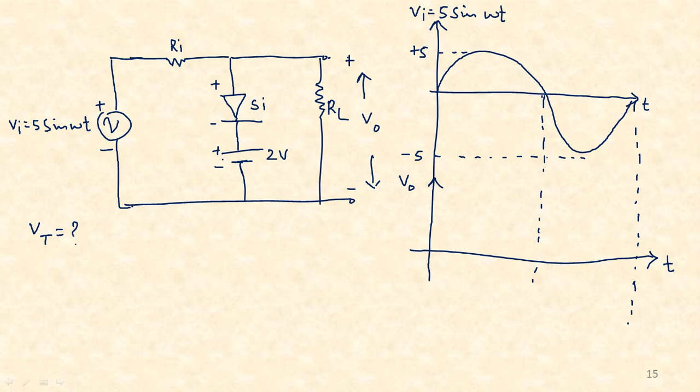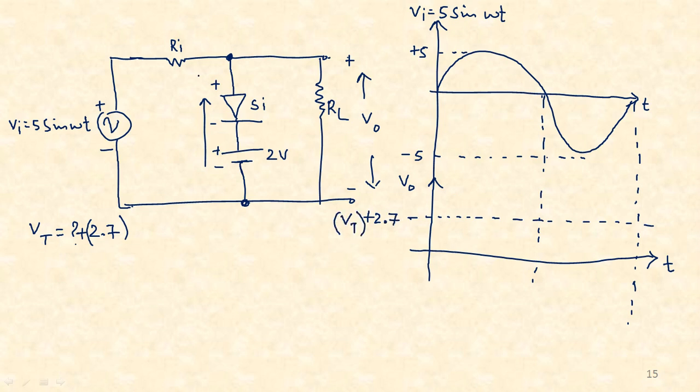Again I have told you, you have to consider this path as a separate entity. We are moving from negative to positive, so it is a positive voltage. So the drop is 0.7 of the silicon diode and 2 volts of this additional battery, so it is 2.7, as simple as that. Once you identify the transition voltage, you will have to indicate the same in the waveform here. So just indicate it, plus 2.7 is your Vt.